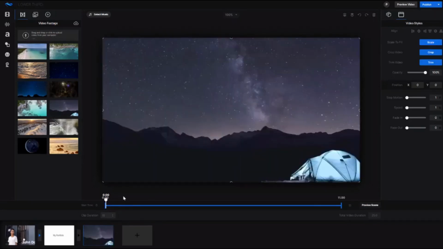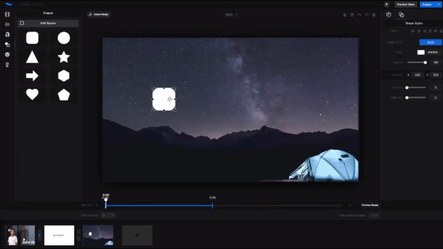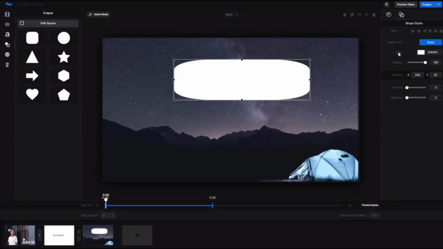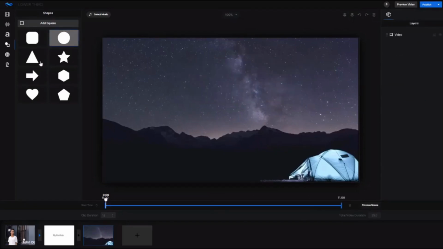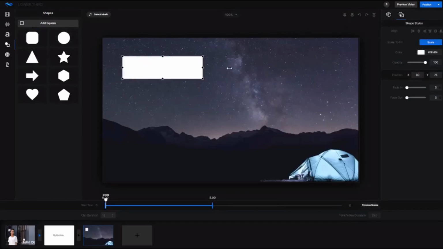This is going to come in, and then I might add like a label to it. So I might just go like this. We could resize this if we wanted to. In this particular case, it doesn't look very good, so I'm just going to delete that. We'll put in a square. Cool. We'll make this last for